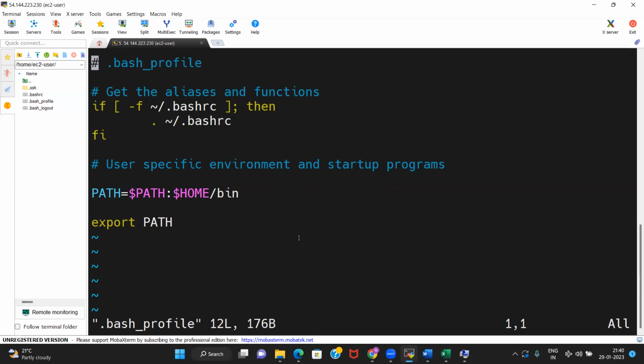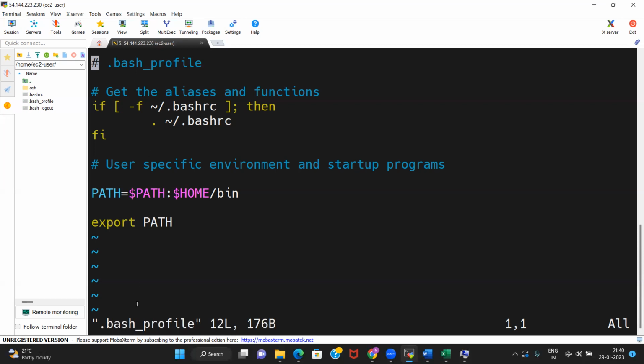Now this is the vi editor. Just a few quick things about the vi editor. By default, when you just do vi and then the file name, you log into the command mode. There are 3 different modes in the vi editor. The first mode is the command mode. In command mode, you will not be able to type anything, you can just put some commands.